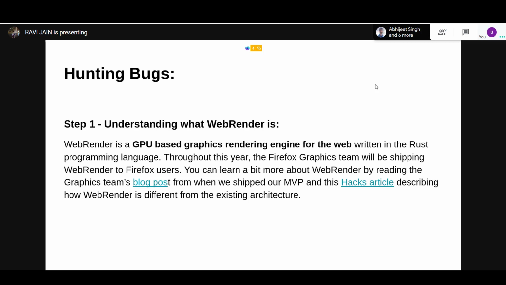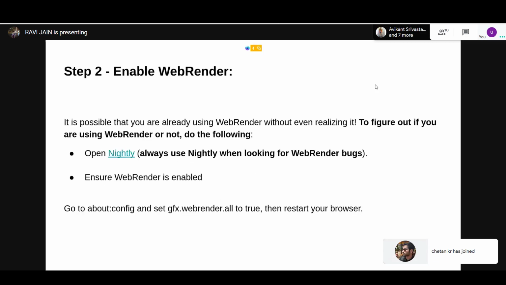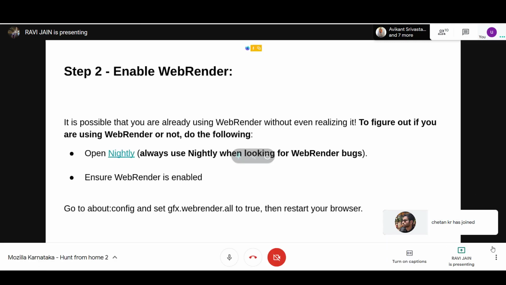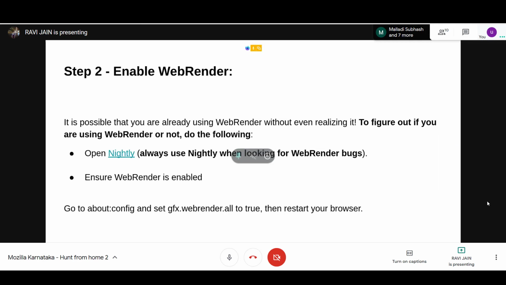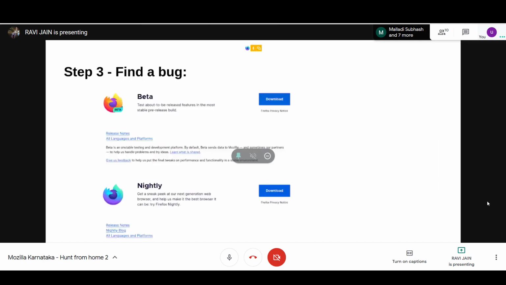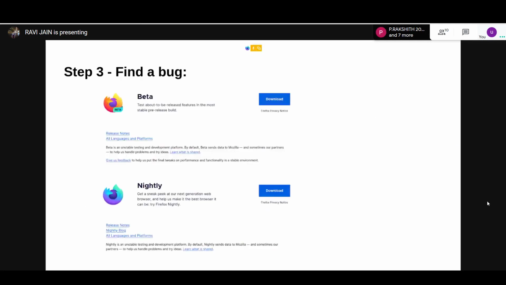For WebRender, you need to enable it. In the first place, you need to use Firefox Nightly. That is the second step over here. It receives updates almost daily, or mostly within a week. They continuously work on the active issues and keep fixing them.